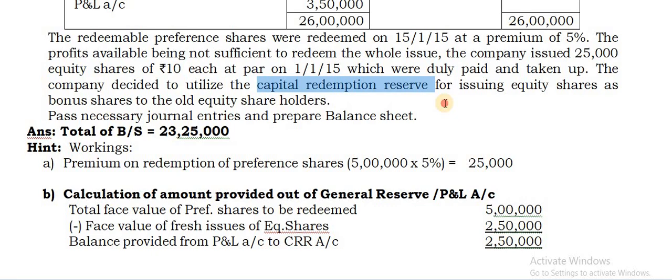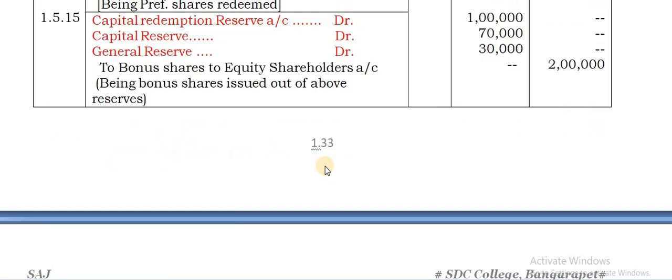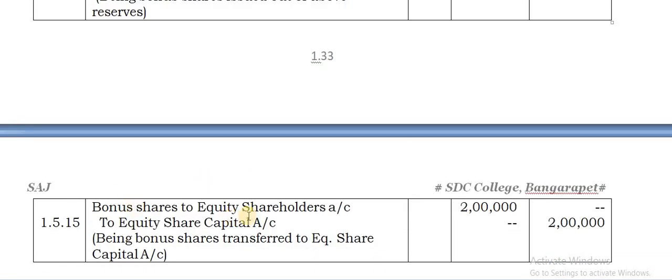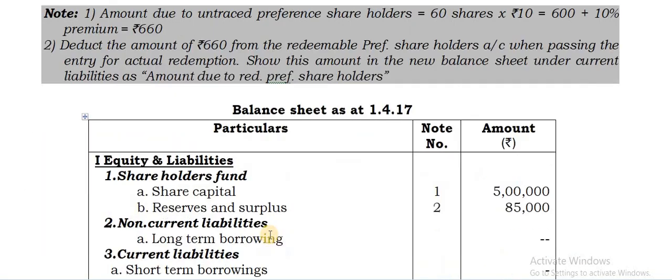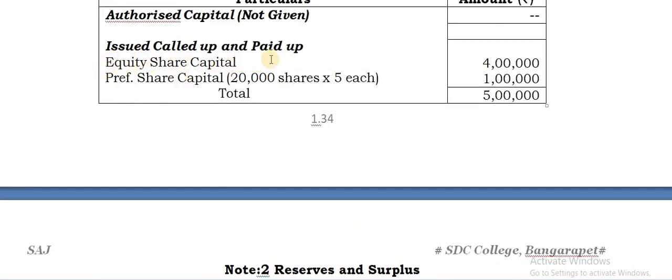And the bonus shares issue is made, how much worth? 2,50,000. In previous entries, when you take up like this, the entire capital redemption reserve only is being used, so that will be debited. How much amount? 2,50,000. Give a credit to bonus to equity shareholders account. Then ultimately bonus to equity shareholders to equity share capital account. This one you have to take. So that 2,50,000 again will be there in the new balance sheet. When you take up here, right, equity share capital. So in the old one, this also you write down there, how much you are getting, 2 lakhs.